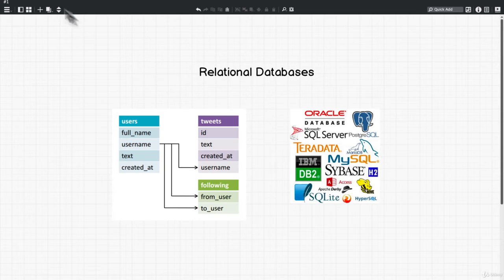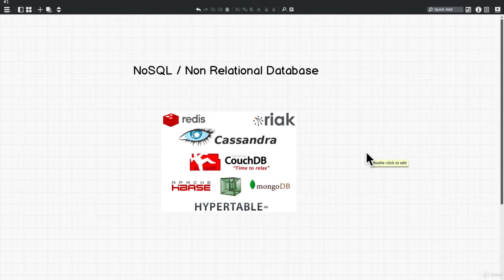If we go back to relational database, this schema or these tables have to be predefined, right? We need to know how our app is going to look, make these tables so that once the app is public, we can start entering user information and tweets and followers. With a NoSQL or non-relational database, we can just define it as we go. And they all have different ways of storing this information. So each one is very, very different.